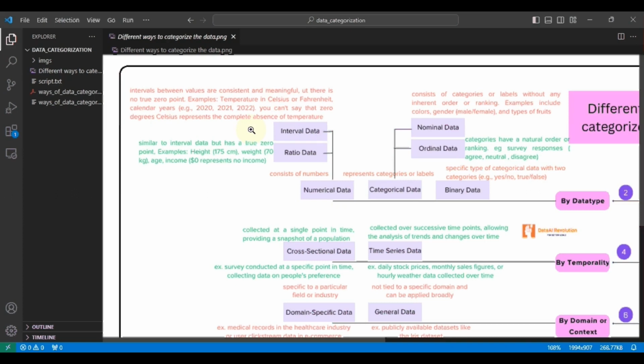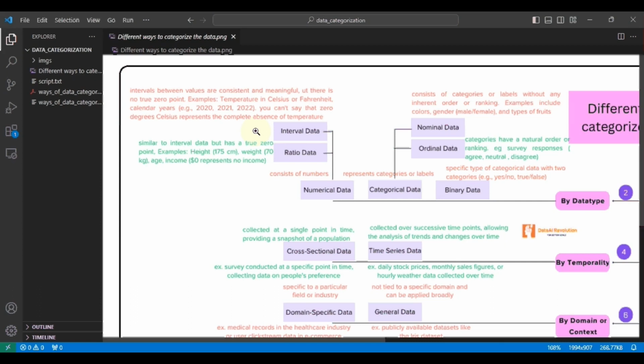Now what is a true 0 point? For example, let's take temperature. Let's assume today's temperature is 35 degrees Celsius. So 35 has some value. Yesterday's temperature, let's assume it's 25 degrees Celsius, and that 25 represents something. Even the day before yesterday, let's assume the temperature is 0 degrees Celsius. A temperature of 0 doesn't mean that temperature is completely absent. No, temperature was there. That 0 represents that temperature was there; it does not represent that temperature is not there at all.